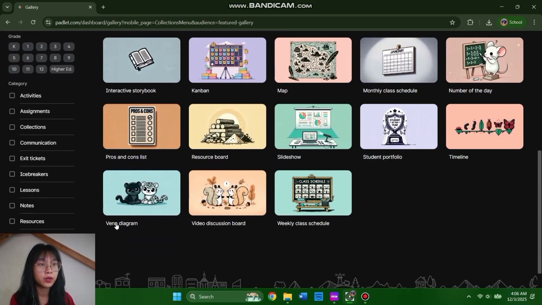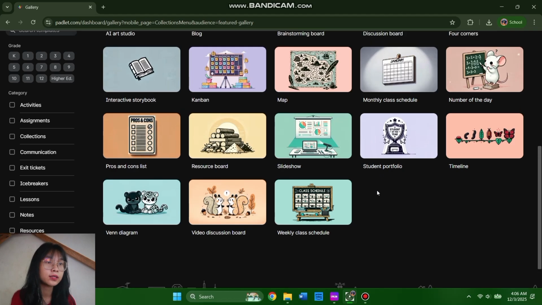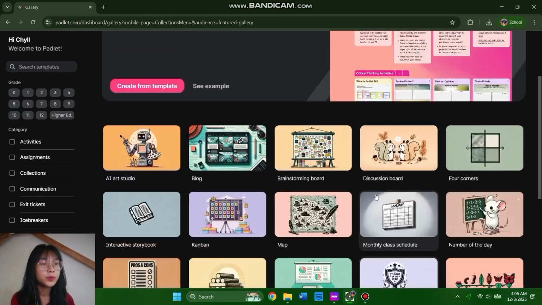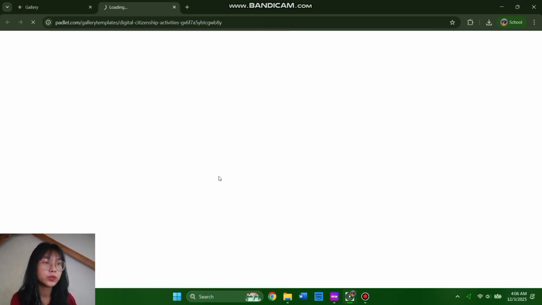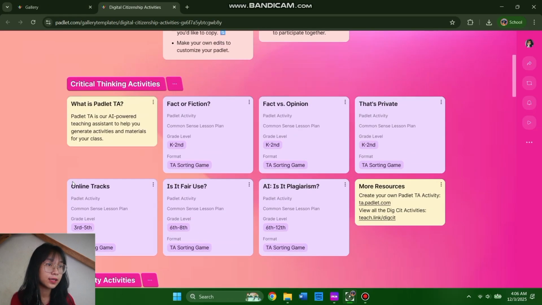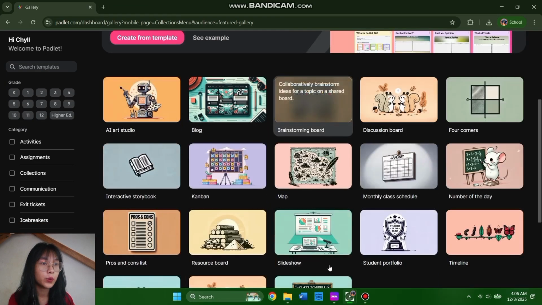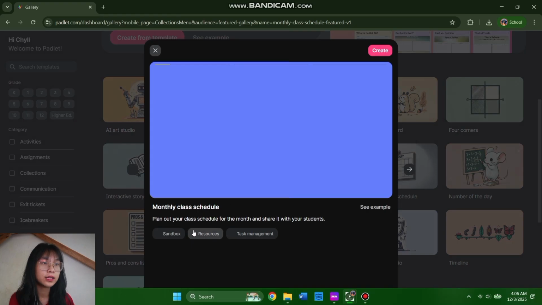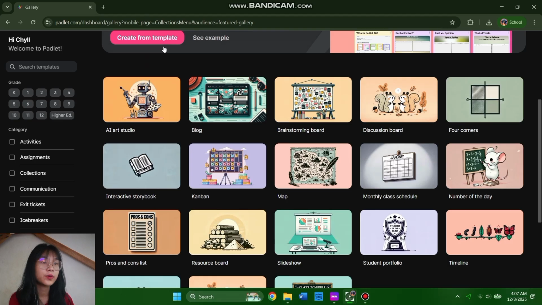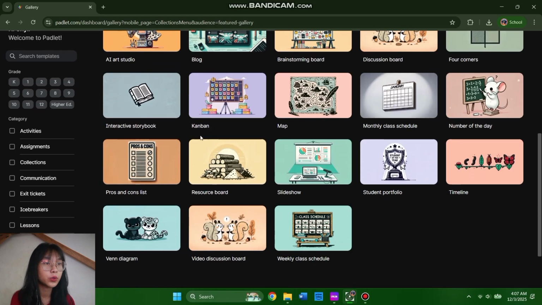We also have here the biography, which is designed to build out a biography where you can outline and showcase your personal life. We also have here the monthly class schedule. It organizes and tracks your class schedules and deadlines and also your academic activities. And we also have the bookmarks, and this section is designed for organizing and saving links like articles or other web-based resources in one place. And here is the notebook, and it takes digital notes in an organized format and is very suitable for various types of written content.